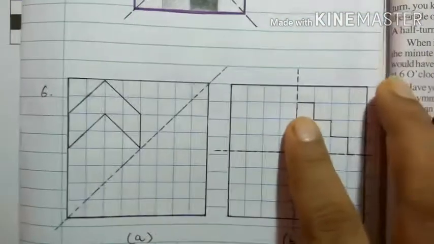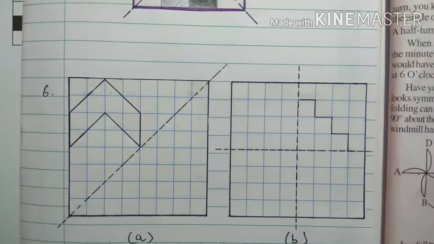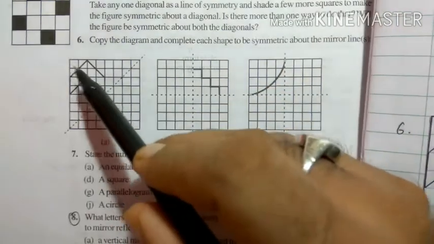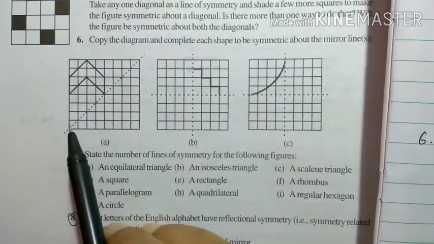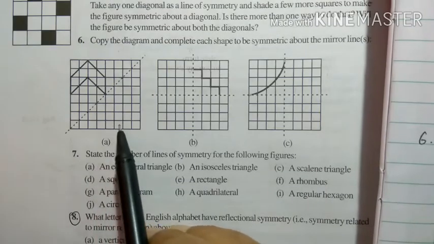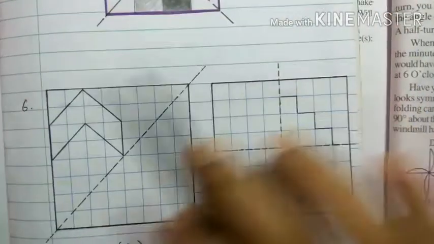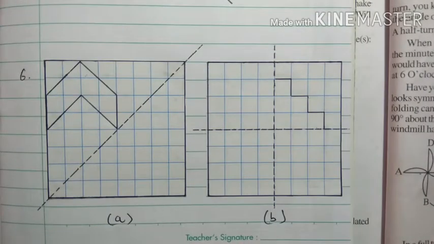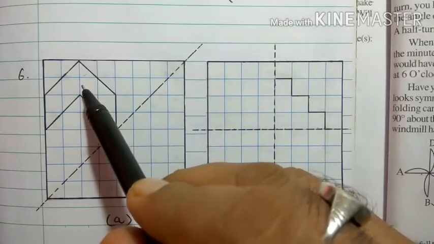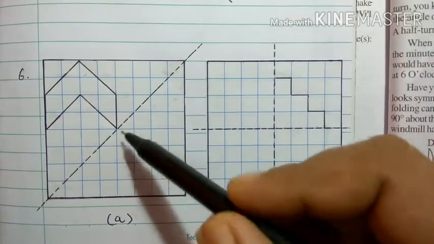So I have drawn the figure, and we have to count how many blocks are there. So this is a square of 8 cross 8. You have to check: 1 2 3 4 5 6 7 8 blocks are there, and 1 2 3 4 5 6 7 8 blocks are here. So this is 8 cross 8. I have also taken the same 8 cross 8 blocks. I'm going to complete the figure about this line of symmetry. The half is given this way and the other half we have to draw this way.